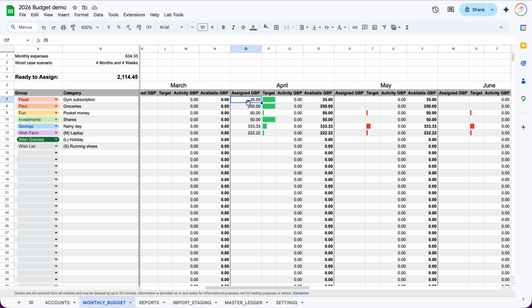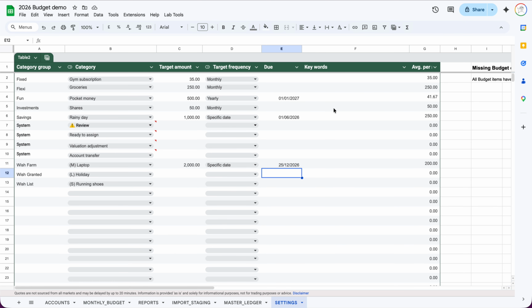And so we can see I'm going to assign £35, £250, £50, £50, 333.33 and 222.22. And if I go back to the settings, the weird ones, yeah, 41.67, 250, and then 200 because, oh yeah,